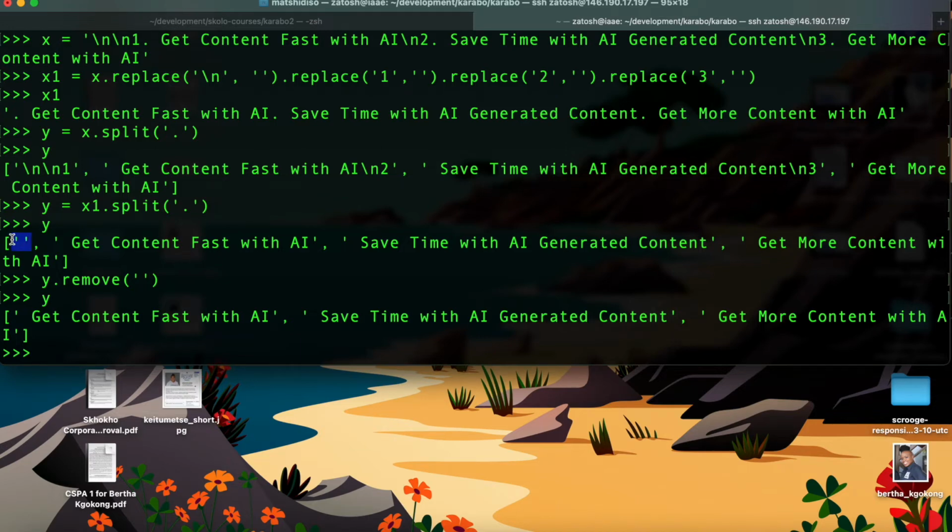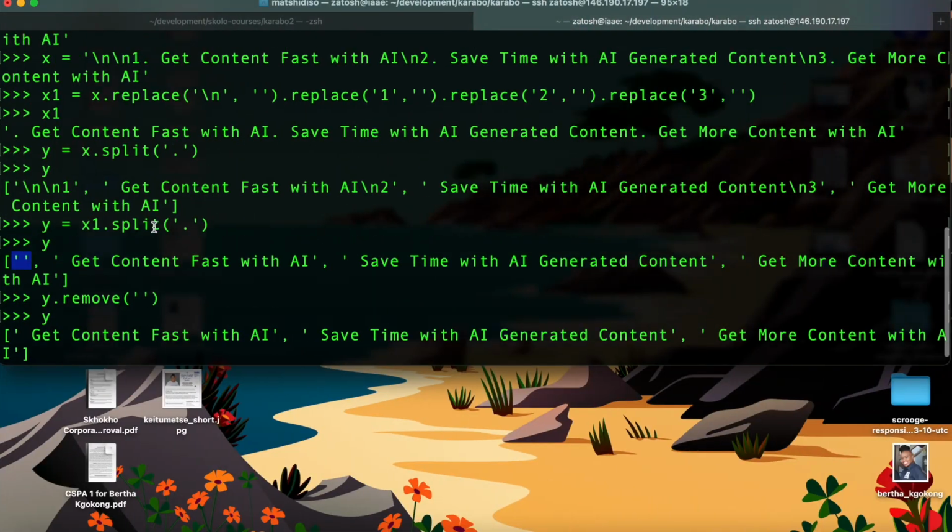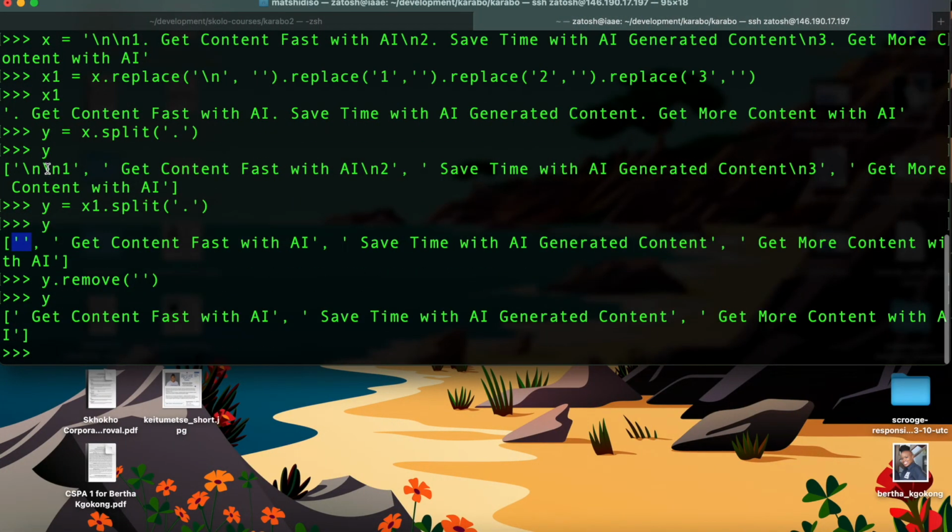the case, because this empty space Y was formed because of the new lines that were there before the one, and then after the one there was the dot. So the first dot, once you remove the Y and the new lines, although the dot is there, everything before the dot will now be empty spaces. So when we remove the empty spaces, let's copy that,